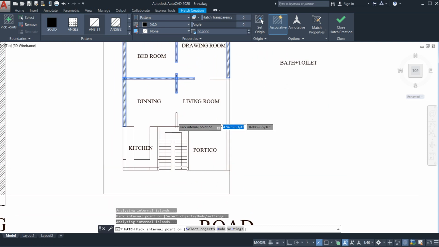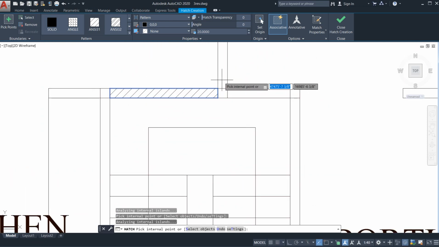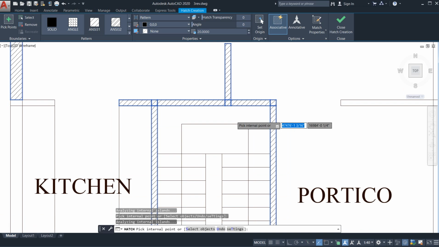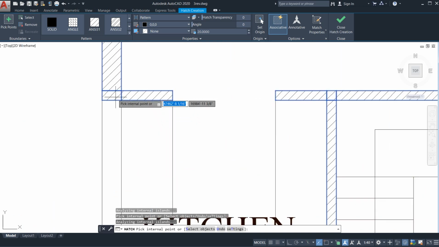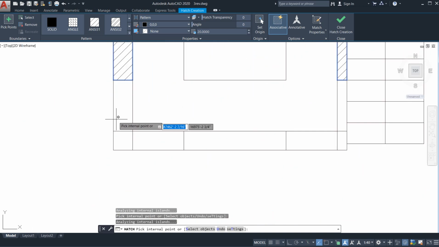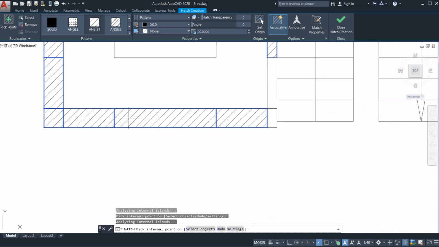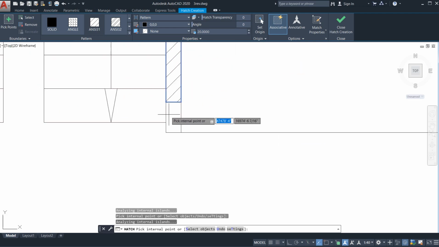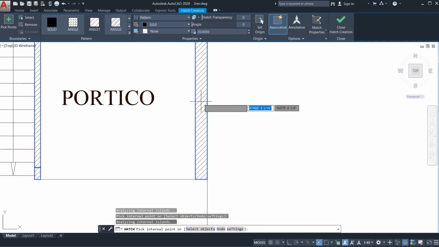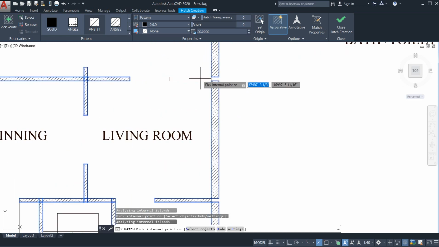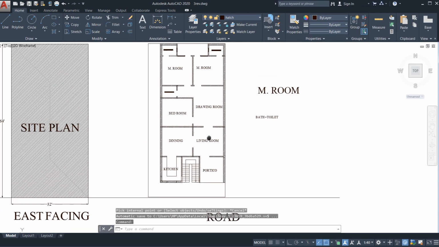So this, see this, I haven't mentioned anywhere my dimensions, right? So here one example I will show it to you. So don't worry at all. Okay, so simply I'm just doing this by showing you also. You guys will also do like this. Here this portion will be your windows, and like this your portico, like car parking, you can say simply. Here it is, it has been almost done. Now go for escape, right? If you do escape, see your plan looks like this.